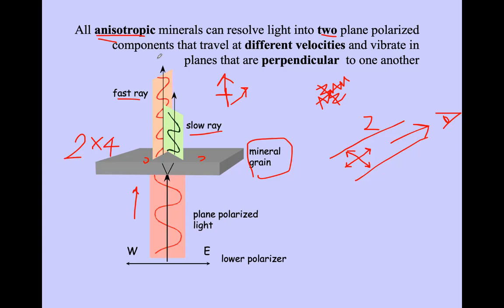The velocity is dependent on the property of the mineral grain, and also the thickness of this mineral grain. So that is also very important. We will talk about that later on, but just keep in mind that this thickness is also very important in deciding this velocity. Okay, so that means when the first ray, say this orange one, gets out from the mineral and it starts